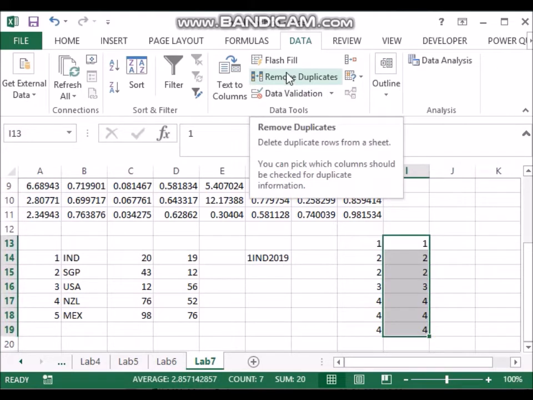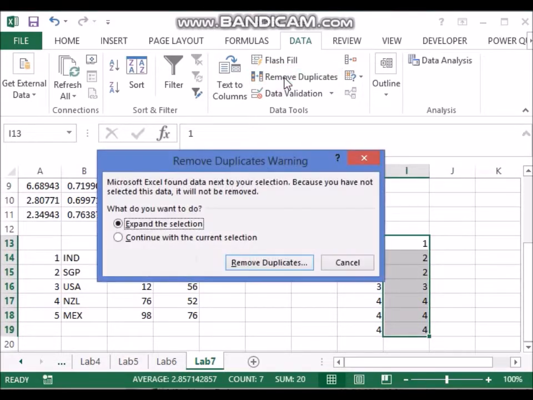Here in this data ribbon, you can see a remove duplicates. It says expand the selection or continue with the current selection. So in a tabular data, it may ask you whether you want me to make this green selected area bigger. In our case, we don't want to expand the selection. We want to keep it to the current selection only. We don't want this adjacent H column to change.